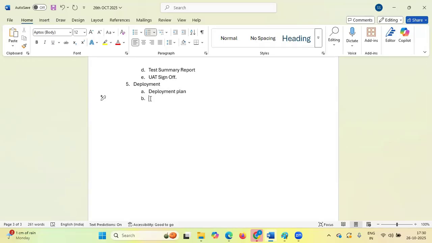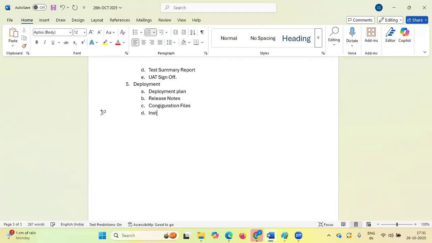Okay. Then release notes, then configuration files, right? For a project, we should have the configuration file, right?